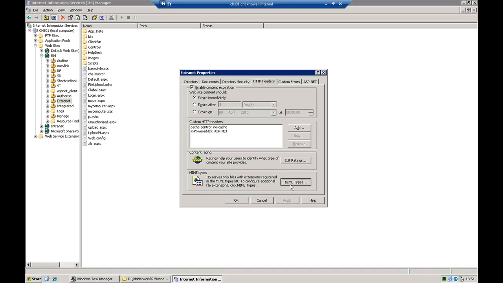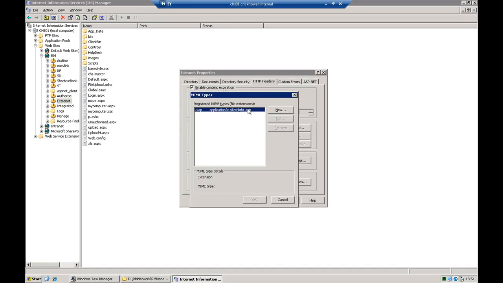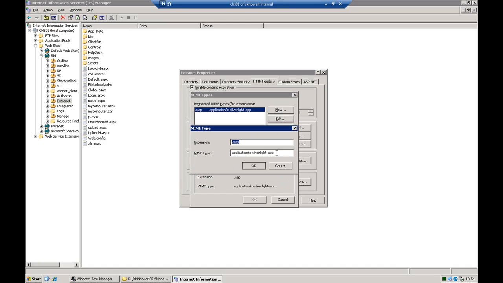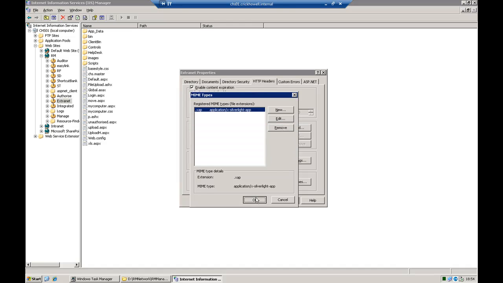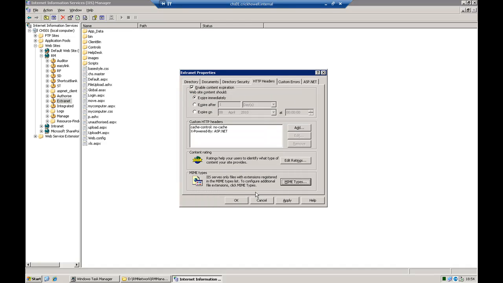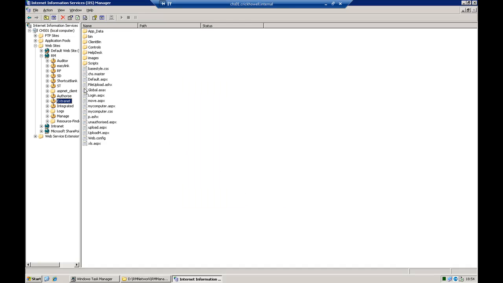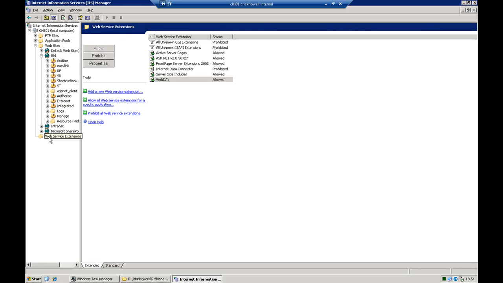You will now need to go into MIME types and add the Silverlight MIME type in, whose extension is .xap, and it's application/x-silverlight-app. Click OK and click OK. Once that is done, click OK again to save the changes. You'll now need to click on Web Service Extensions, find ASP.NET